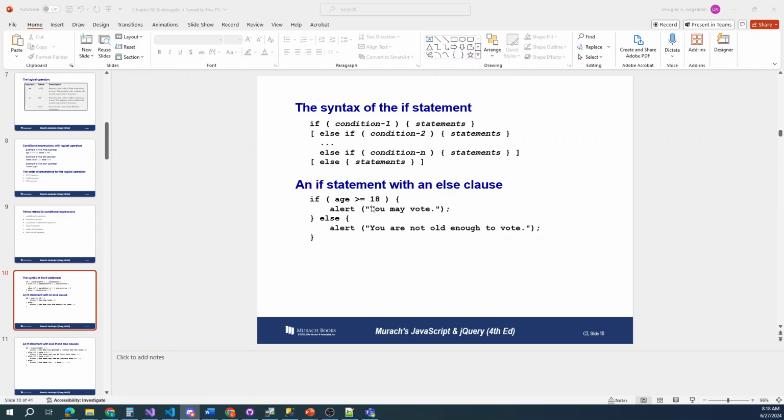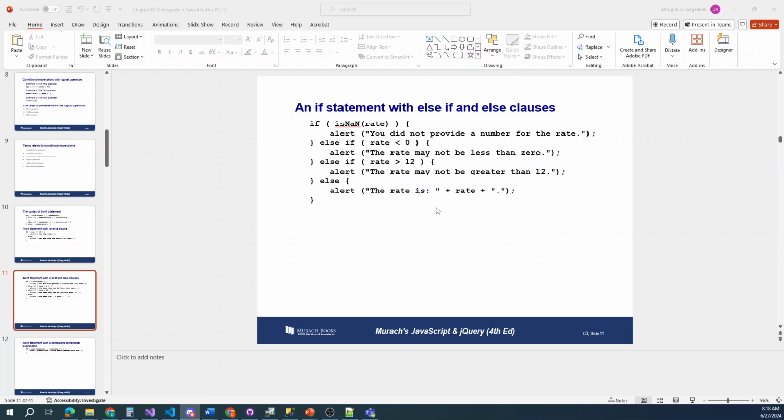If it's true, it drops down and does the first line right after the condition. If it's false, it goes to the else and does what the else says. If there are else ifs in there, then it will pick up the else ifs and check those conditions first. An if statement with else if and else clauses, that's just what I was saying. If is not a number rate, so if they put a rate in of Dominic, that's going to pass that, and then alert, you did not provide a number for this rate. If it is a number,